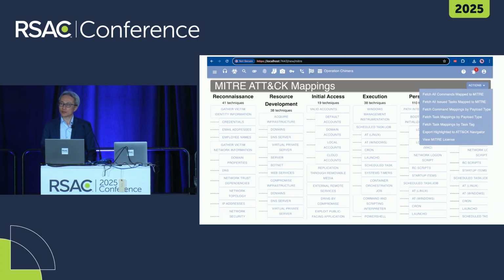And if you're in a red team exercise that needs to collaborate with team members, the feature it provides is called the MITRE ATT&CK mapping, which maps the commands or post-exploitation activities you use on the compromised machine to further create some more meaningful TTP information based on the MITRE techniques.